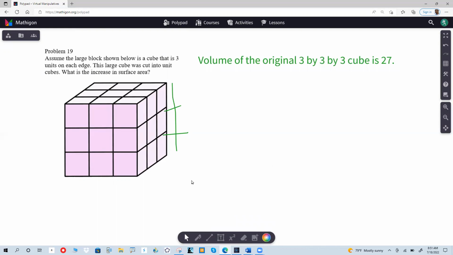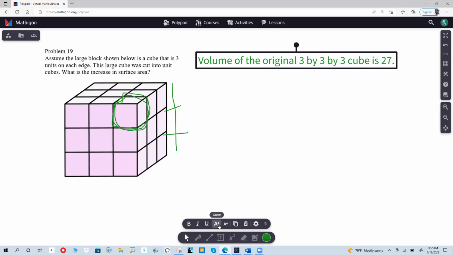What you know now is that when you cut up this big cube into 27 little cubes, each cube will have all 6 faces exposed. Now visualize this all by itself. What will be the surface area of this loose cube? It will have a surface area of 6. Each face is a 1 by 1 square. There are 6 faces. So let's write that down. After cutting up,